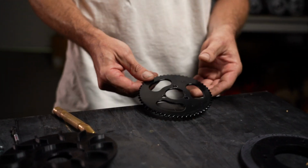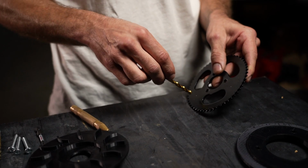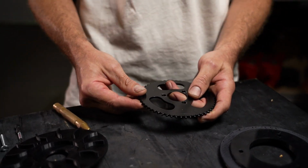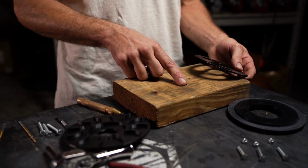The next thing you want to do is drill this. And obviously it's a small part, so if you were to just try to drill this by hand, there's not a lot to grab onto. So we have a technique here that we like to use that allows this to be done much easier. This is why I've got this block of wood here. And what I've done is I've taken our